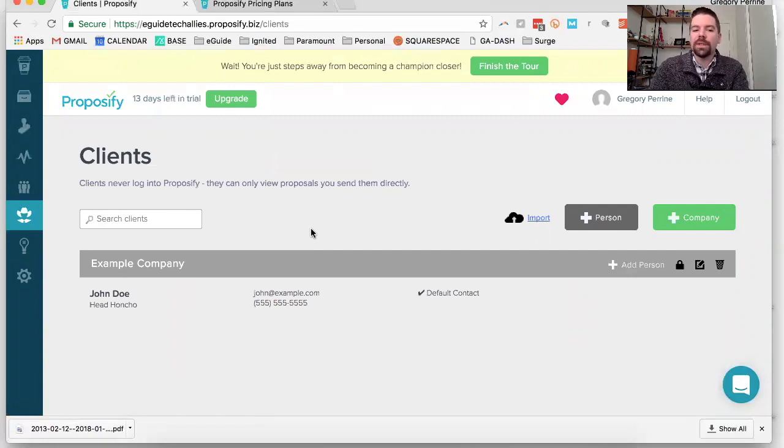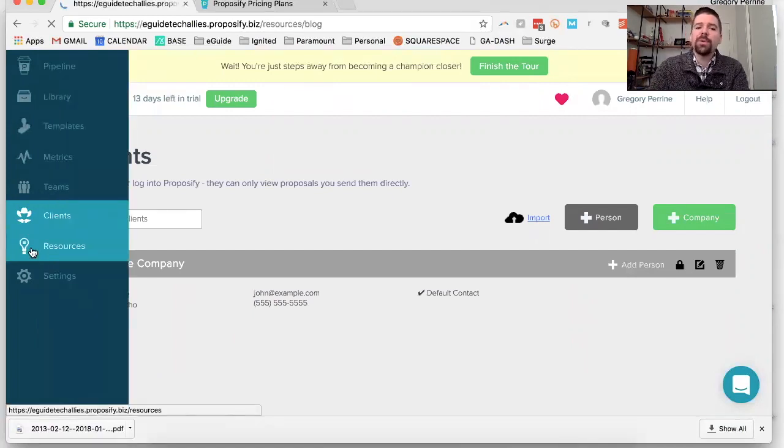Again, I wouldn't use this as the sole CRM system because you are going to be missing some of that information. But again, you have the integrations that may work from QuickBooks into Proposify and Proposify exporting into a third party. And then you have your resources, which I will say that out of some of the